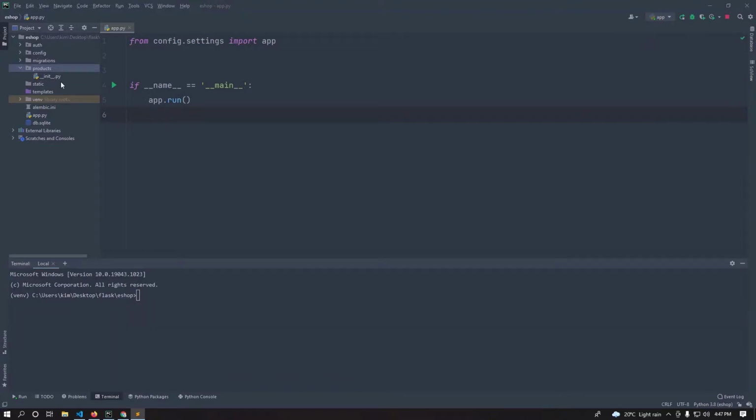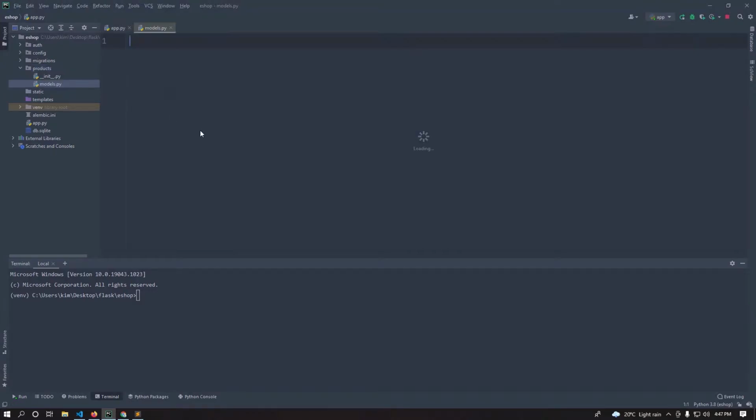The first thing we want to do is build our model. Inside here, I'll create a new file and call it models.py. We need to import a few things, like everything from SQLAlchemy, and then let us use that and see what happens. Our product will always be in a category, and it will also have somebody who is posting it. So let us first start by creating a model for category